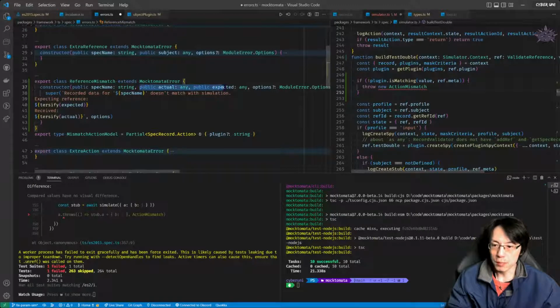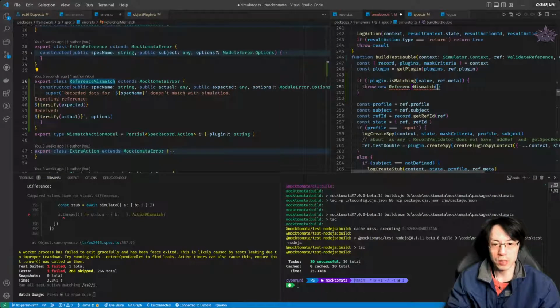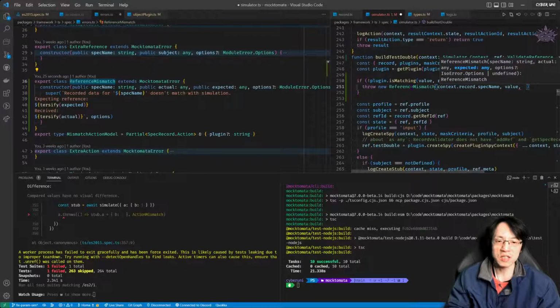Although the input, how we're putting it in here is the problem, because we can include this, and then context record spec name, that's fine. But then the actual one is value, but then the expected,